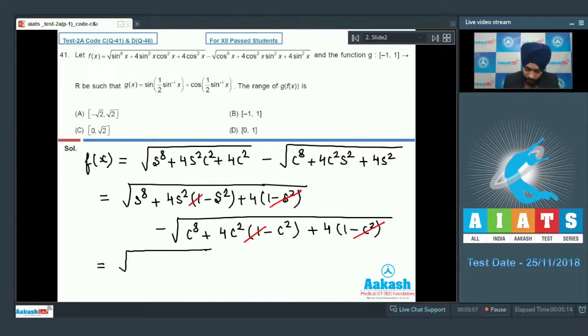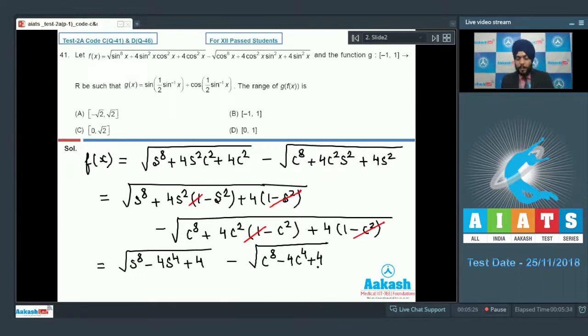What we are left with is s^8 minus 4 s^4 plus 4, minus under root of c^8 minus 4 c^4 plus 4. Students, this is (sin^4 x minus 2) whole square. Sin^4 x minus 2 is a negative quantity always. So I'll write 2 minus sin^4 x for the first part. I don't need to take the modulus. 2 minus sin^4 x is always a positive quantity. Second quantity will be 2 minus cos^4 x,